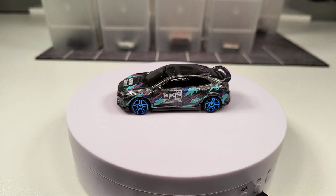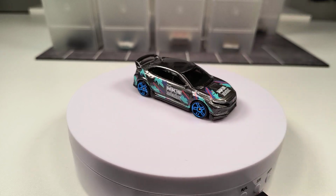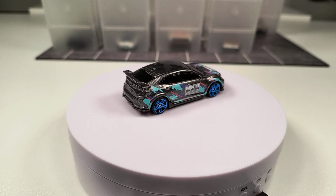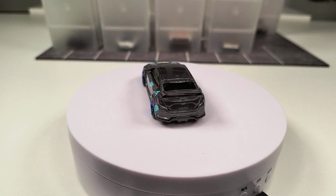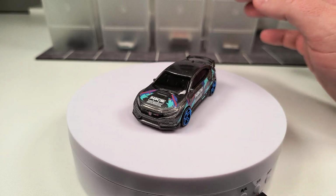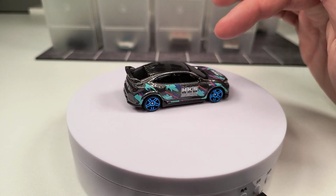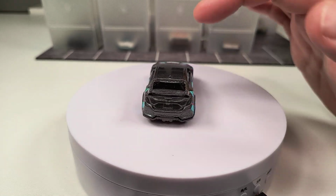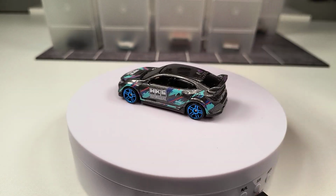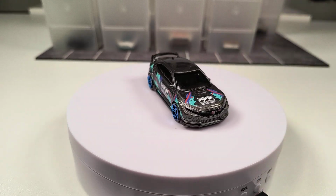A very popular deco, but it's quite rare on Hot Wheels mainline models, I think. So this model, I think, is a few years old, and I think there was also a super version. I'm not really sure. But it looks extremely good. As you can see, we got the gray metallic livery and on top the HKS deco with this famous